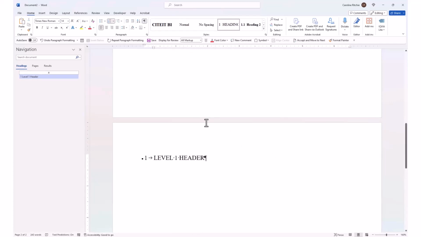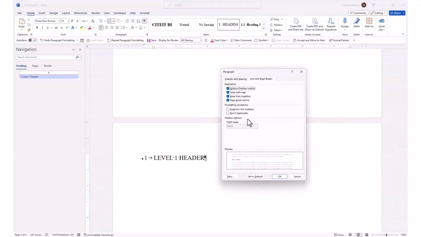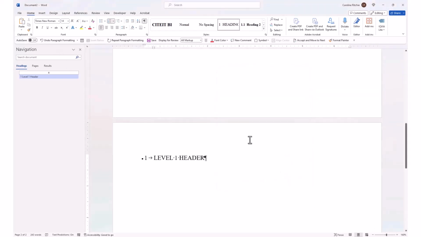So anytime you have a good reason, say you have a figure or a table that you want to start on a new page, I highly recommend highlighting the top of that, going to your paragraph drop down, and again, making sure Page Break Before is checked instead of just putting a page break in your document. The problem with just putting page breaks in your document is if you're still working on your document